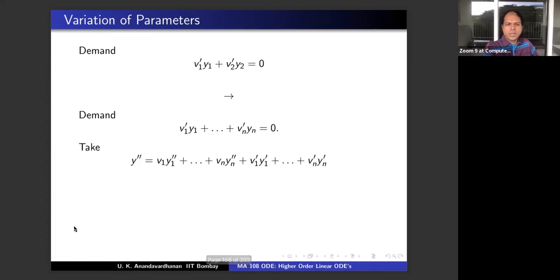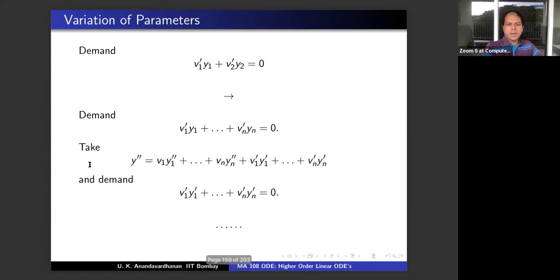Now you will differentiate this and demand. See your final, this is how you remember it. There are two ways of remembering this. One, you need all this in order to substitute. You need higher derivative to come. So these should be there. And what we demand is this part, because your linear system will be a system where unknowns are v1 prime, v2 prime, etc. So that is how you are demanding. You're demanding so that the coefficients remain v1 prime, v2 prime, etc. And the matrix will have y1 prime, y1 double prime, etc. So that the Wronskian matrix comes. So demand that this is 0.